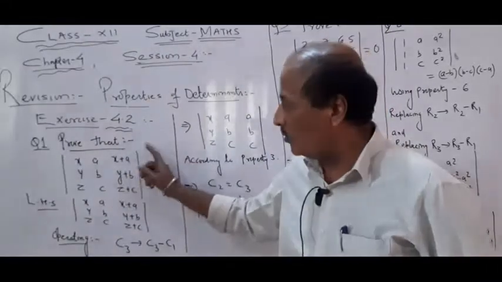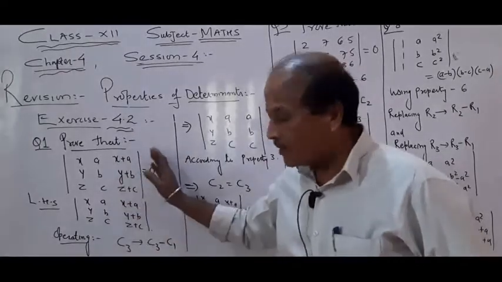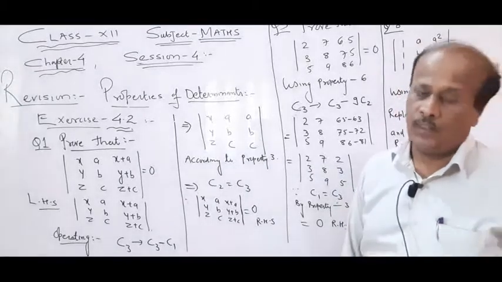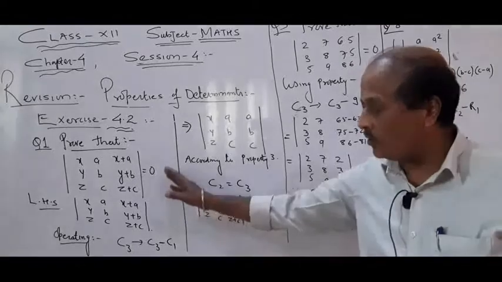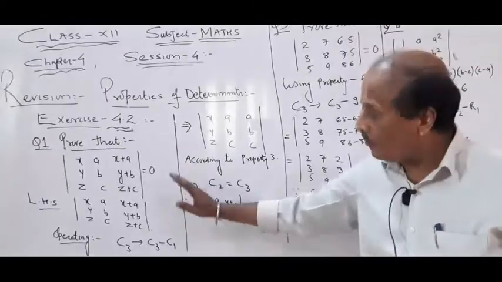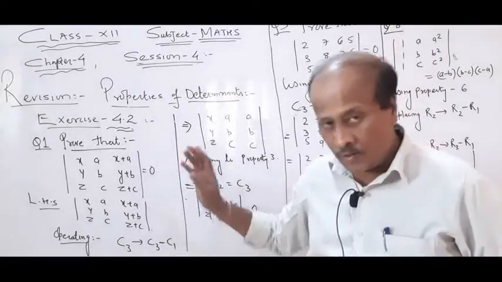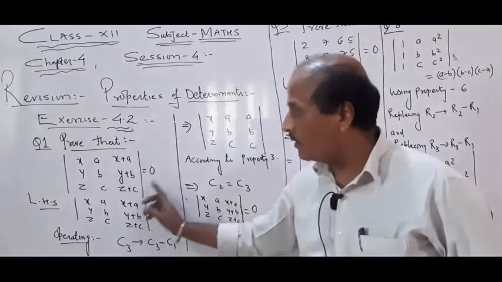So come on, how to do it? We will start with the left hand side. Now, as last time I told you, one question can be solved in many ways. One of the suggested ways is on the board. It is not necessary that you solve this question this way. By using some other property, you can do it in some other ways also. One of the suggested ways, or the method which strikes me, is what I am using.